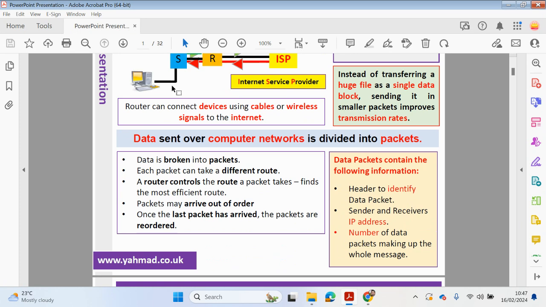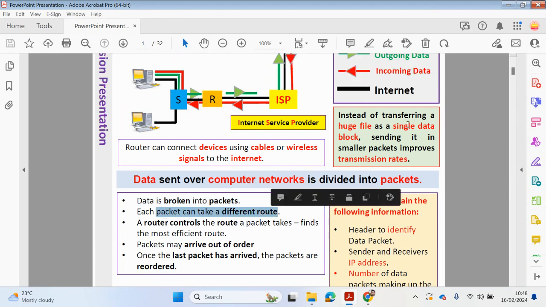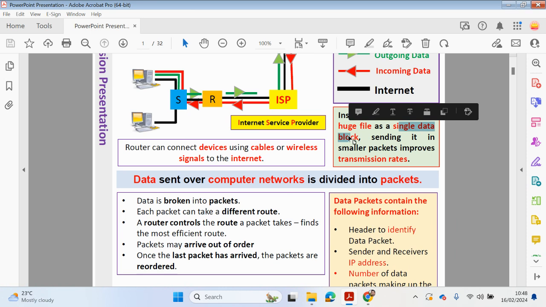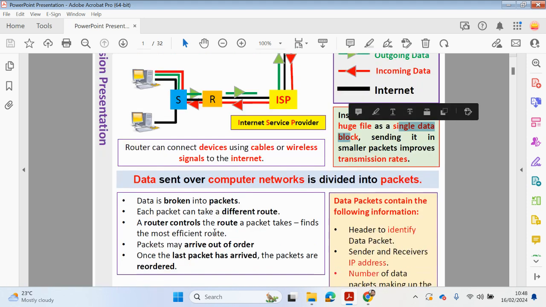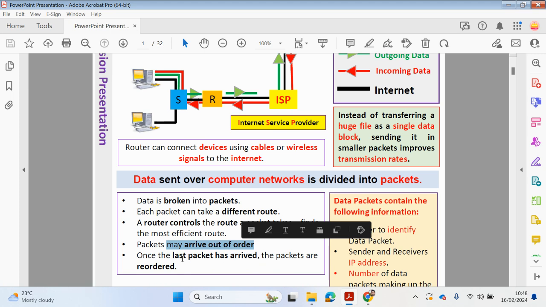So how is data sent over a computer network? It's basically divided into packets, each data is broken into packets, and each packet can then be sent in a different route. So instead of sending one block of data, we're splitting it into different packets which can take different routes over the internet. The router will control the route a packet takes, finding the most efficient route. The packets may arrive out of order. Once the last packet has arrived, the packets will then be reordered and put back into the right order